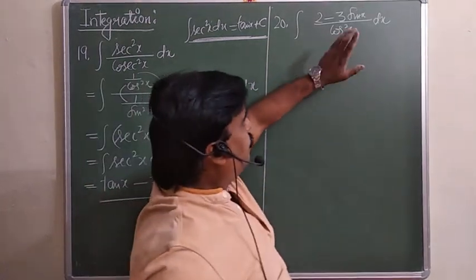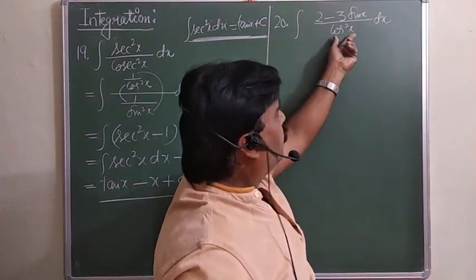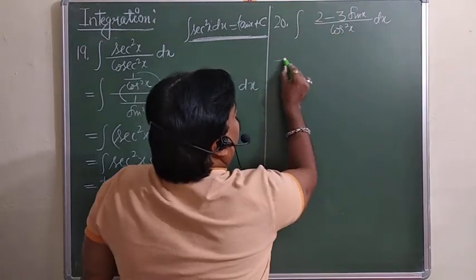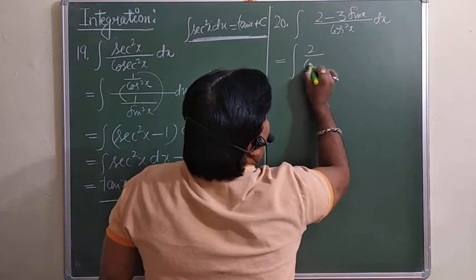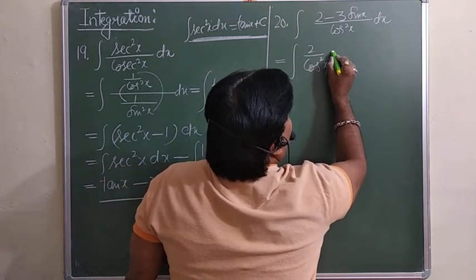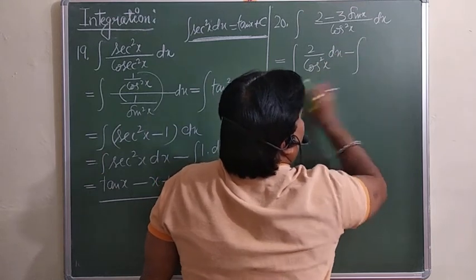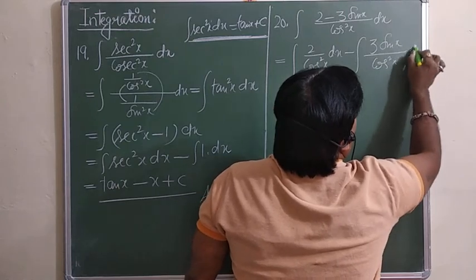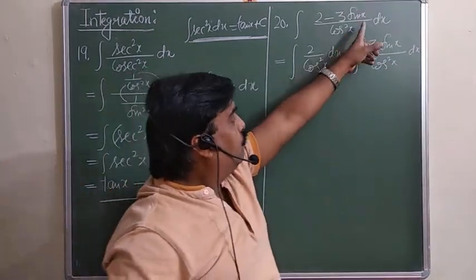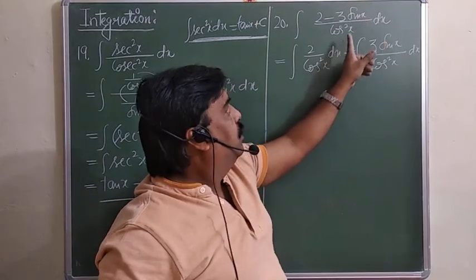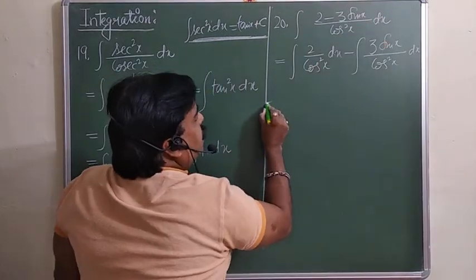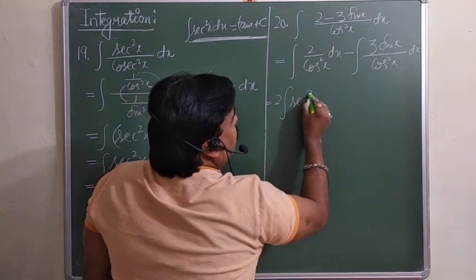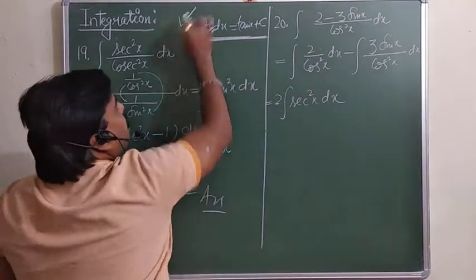Now similarly here, you cannot apply a formula directly. So what we will do, we are supposed to remove this cos square x from the denominator anyhow. Write cos square separately under both terms. Look at here now, 2 over cos square x dx, and I am going to break this, minus 3 sin x over cos square x dx. Why exactly are we doing this? Because we don't know the antiderivative of this function directly, so we have to break it. This can be written as, 2 you can take out, and 1 over cos square x is sec square x dx, and we know the antiderivative of sec square x.